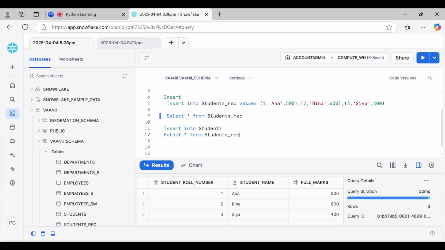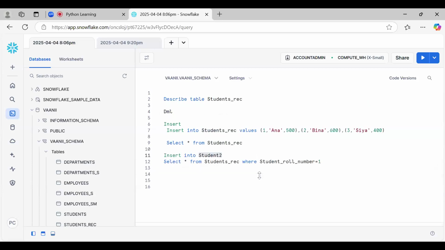We can also use a where clause if you want to copy only certain data. You can use where student roll number equals 1, which means only one row will be copied. So in this way, just write insert into, put the table name where you want to insert the data, and use a select statement from the table where you want to bring the data from, and a where clause if required.